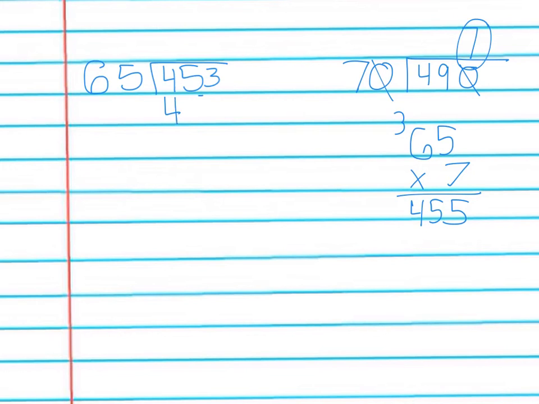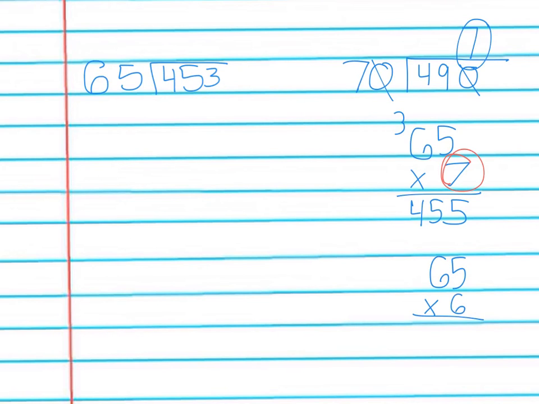455. Okay. Oh, wait. Can I subtract 453 and take away 455? Red flag. No, I cannot. This is too big. It's too big. There's no way I can subtract that. So I know I have to adjust and rethink about it. Because it was too big, that means 7 was too large here. So let's go down one and try